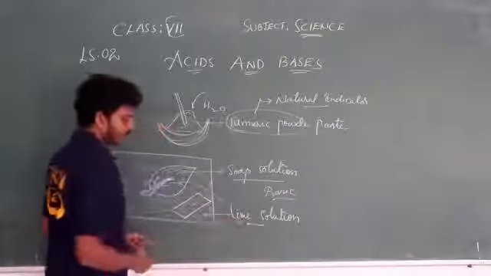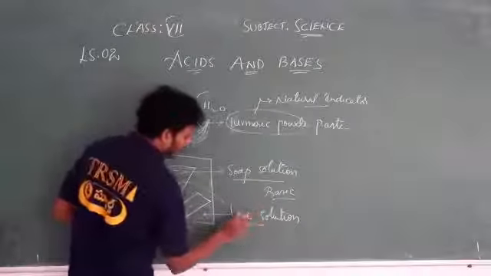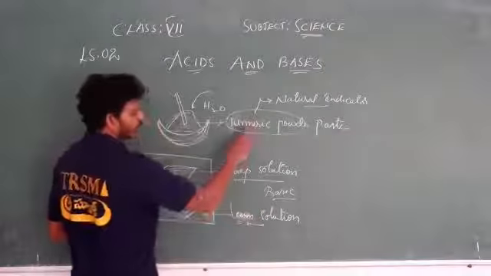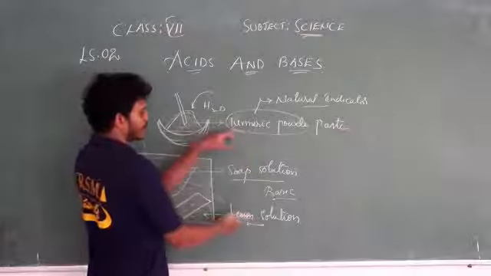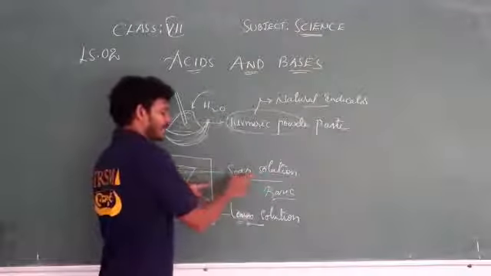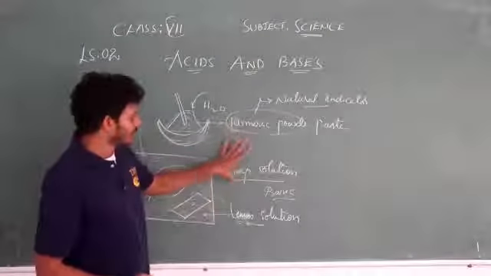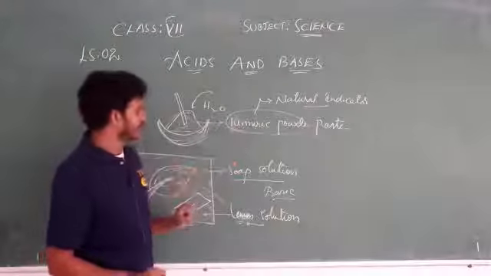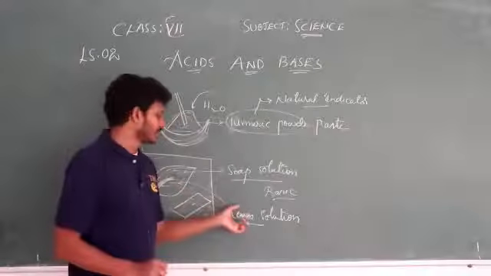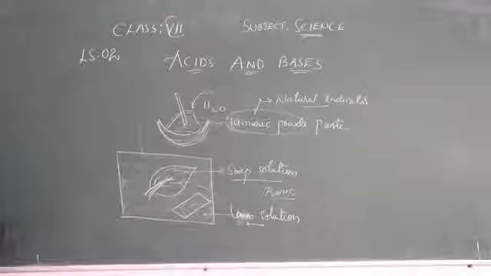Lime solution, lemon juice, is acidic, and this is also acidic. Since both are acidic, it shows no change. Whereas since here it is a base, it shows change. Turmeric powder shows change with the soap solution because it is a base, and shows no change with the lemon solution because they both are acidic.